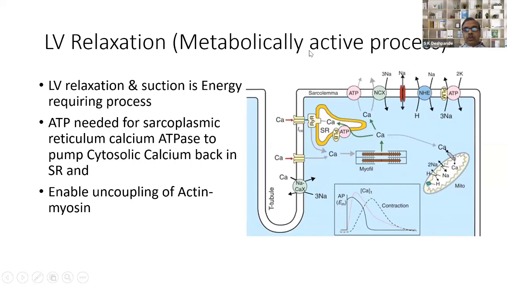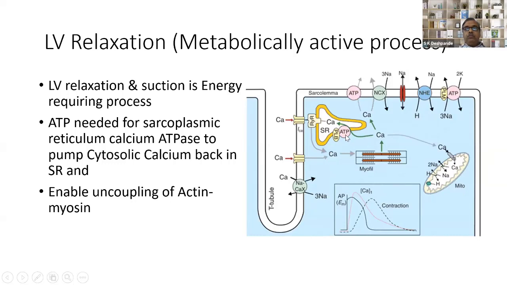So when the action potential occurs, calcium goes inside the cell, then inside the sarcolemma, and from there a lot of calcium is released, and the actin-myosin complex is activated and myocardial contraction occurs. After that, they disengage, and the calcium is released back, and it has to be actively pushed into the sarcoplasmic reticulum so that it is ready for the next action potential. So this process is very important.